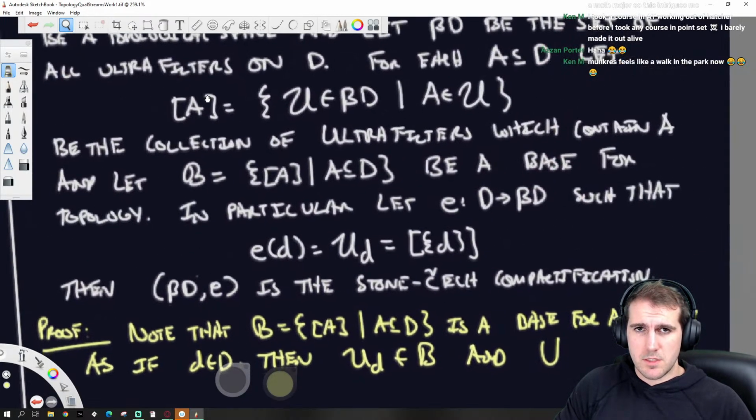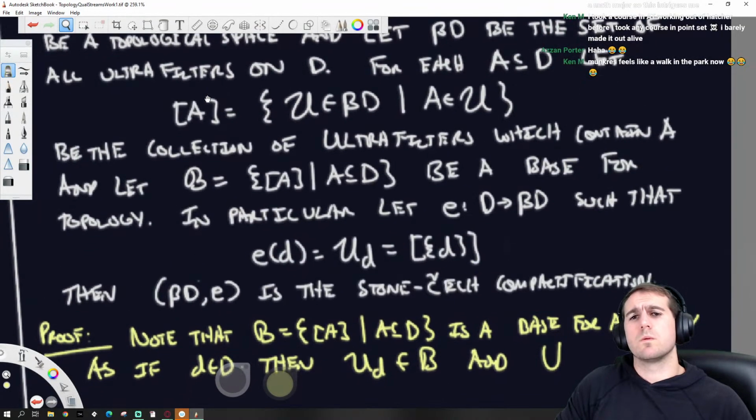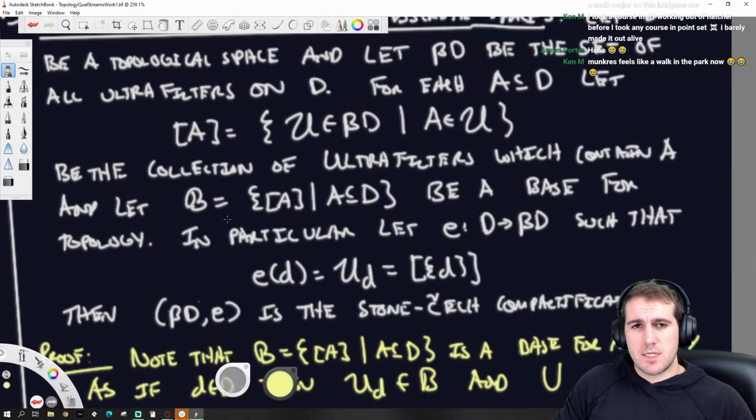Instead of ultrafilters, the union of all those ultrafilters is going to be all of, that's a weird thing to say. So beta D is the ultrafilters on D. So beta D is a subset of the power set of the power set.